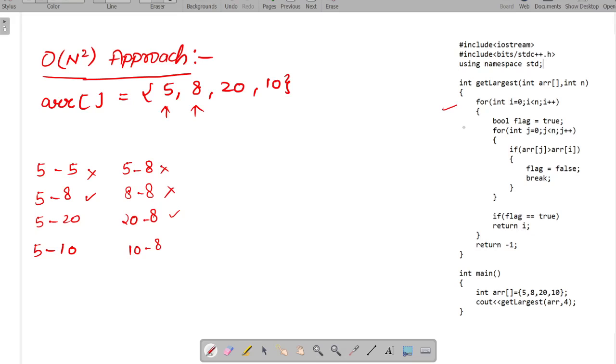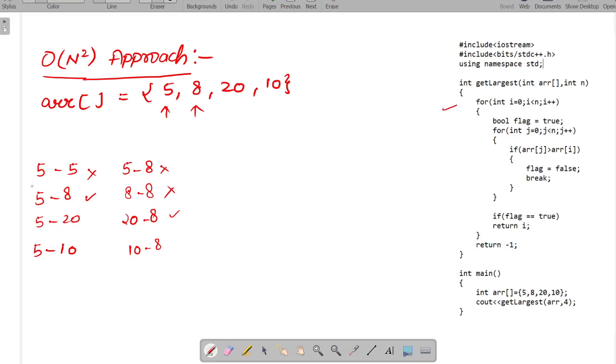First of all, let's consider that we are running this for loop, and out of the outer for loop we will take 5, the first element. Now for that first element we will run the inner for loop for all the elements: 5 will be compared with 5, 8, 20, and 10.